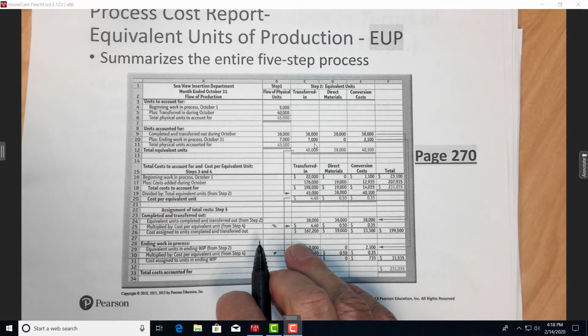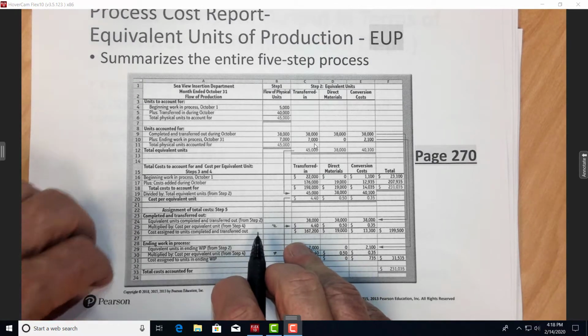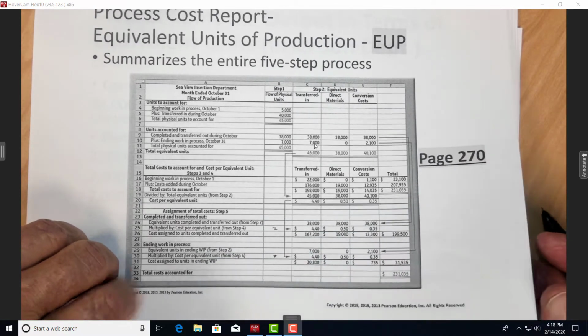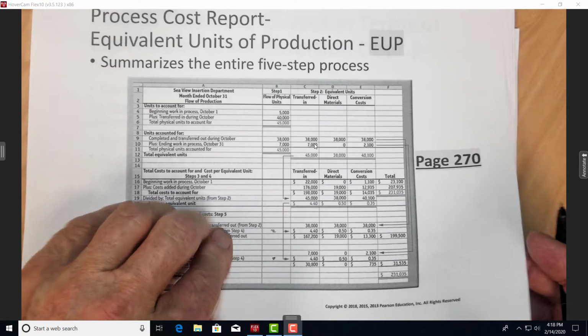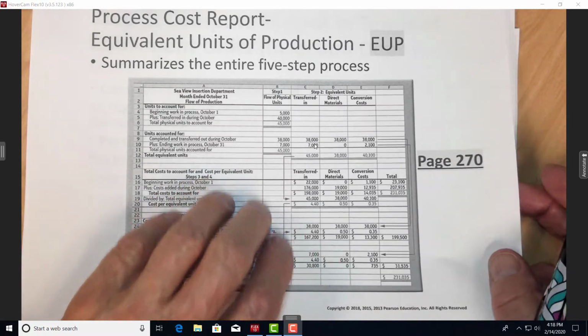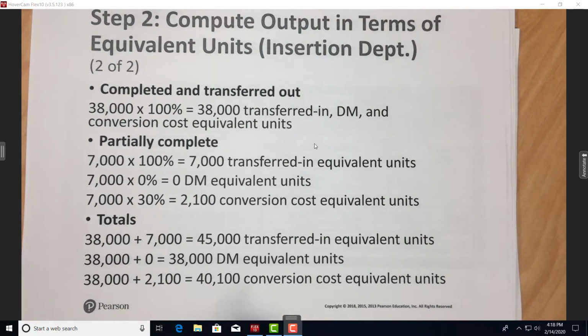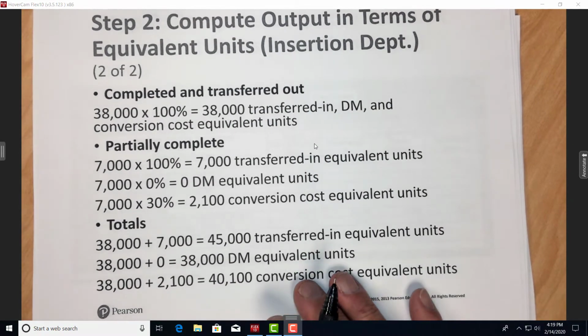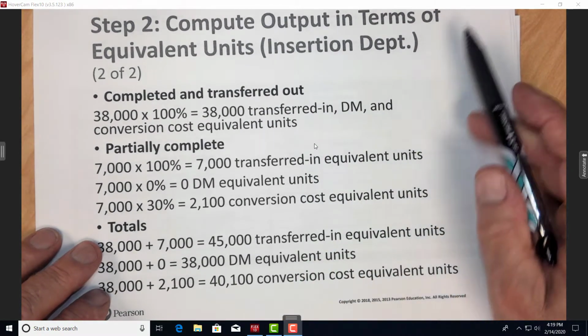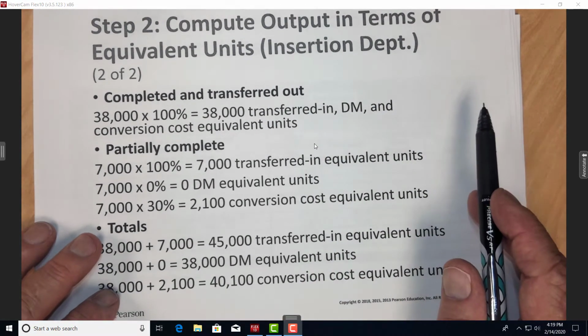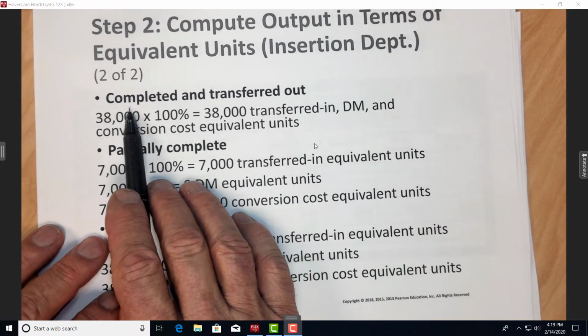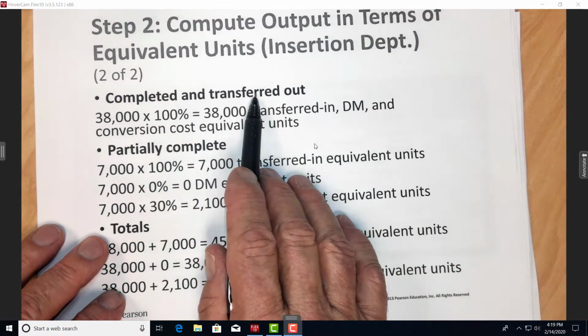I think this will become clearer as we work through a problem, but I just want to give you a general sense of what it is we're doing. So step 2 is compute output in terms of equivalent units. And again, when the problem says equivalent units transferred out,